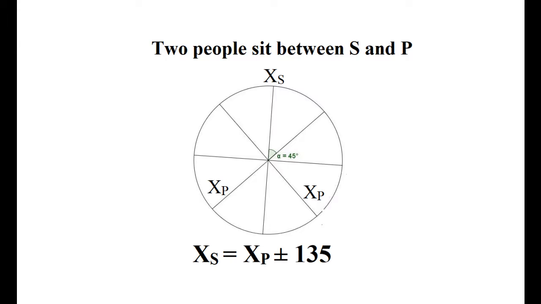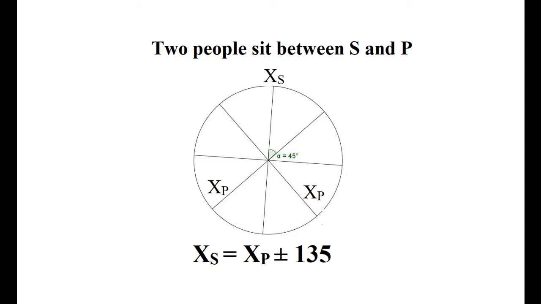So if we consider XS as the position of X, known one, then P could be either of these two. Now this could be represented as XS is equal to XP plus minus 135. As we can look, the plus 135 could be the one which is of the left XP, and minus 135 is the one which will give the right XP, because if